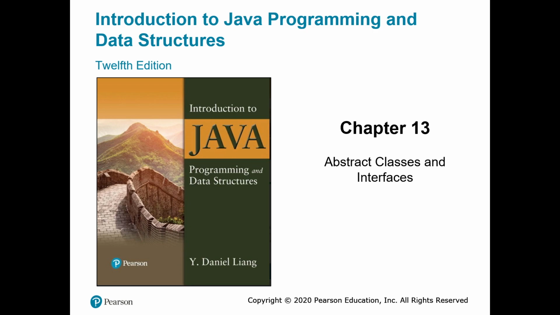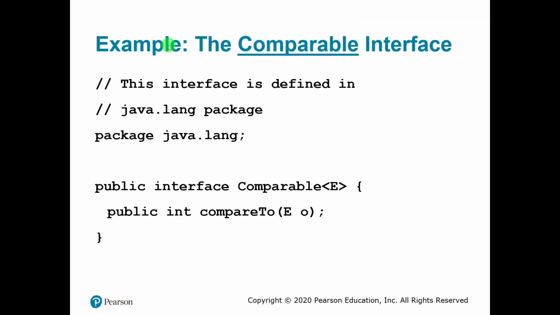In this video, we're going to look at an example of Java's use of an interface, and that's the Comparable interface. The Comparable interface is provided by Java. It's defined in the java.lang package, and it looks like this: public interface Comparable, and you have to specify a type for it. It's a generic, and it has one required method called compareTo,